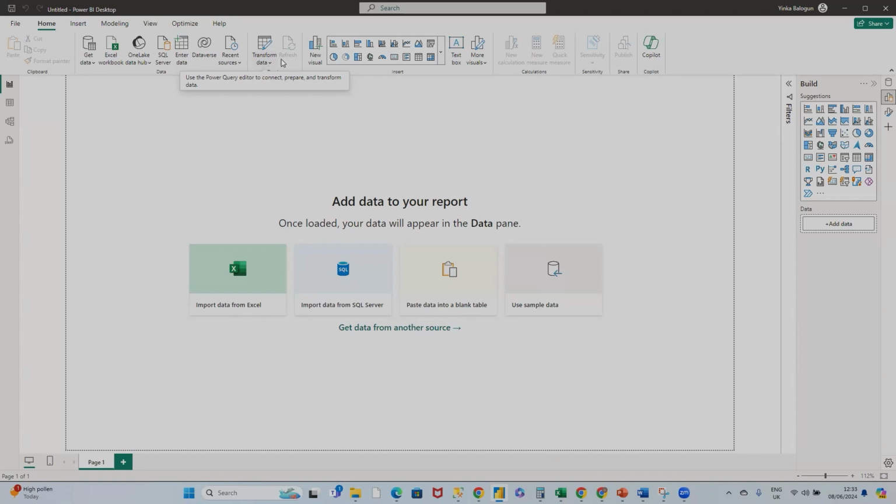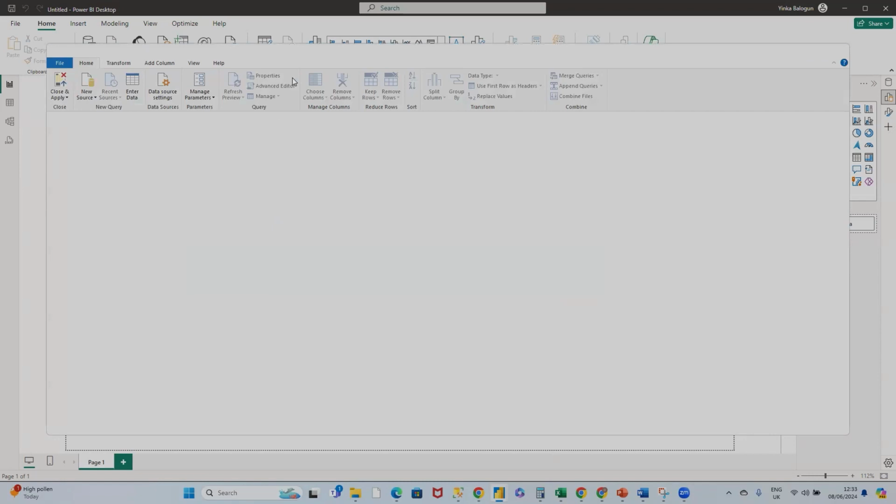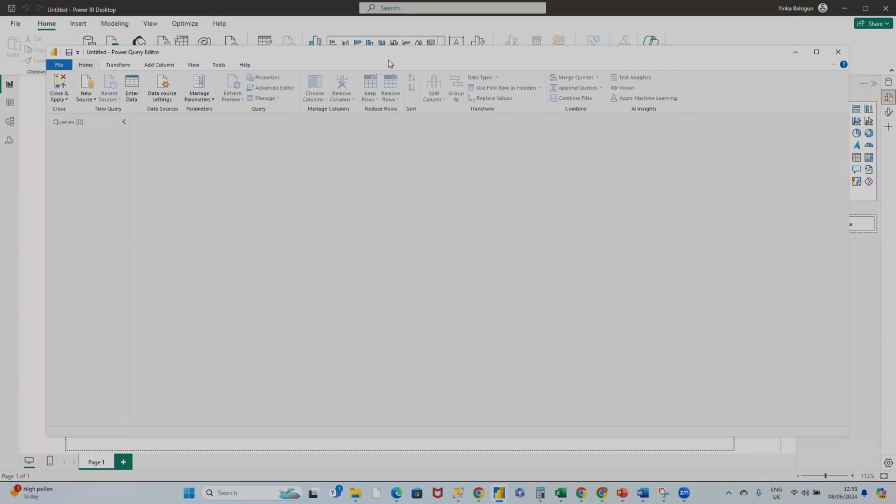So when you click on transform data here, it's going to open our Power Query editor. It opens the Power Query editor, which is this page you can see here. I'm moving about this page. It's